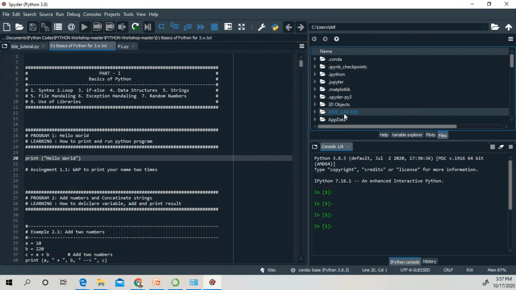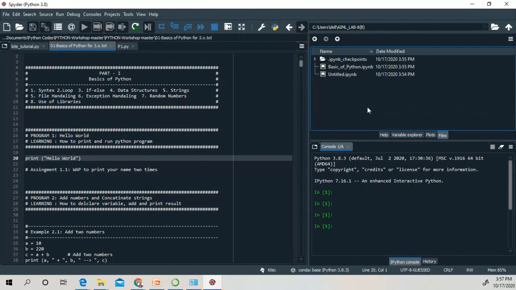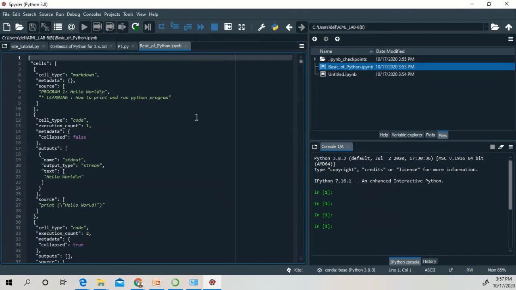As I have told you, I have created a new folder AI/ML lab-8B for your section, and I have created this file. I have uploaded this file from the download folder. You click or double click this file, and it will directly open in the editor window. You understand?